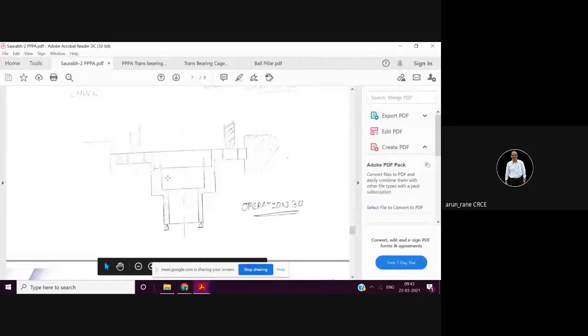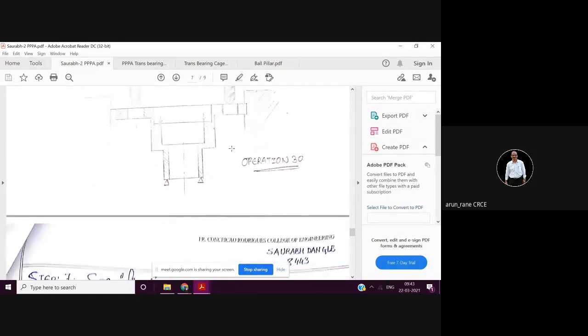Locator will be a mandrel kind of thing, and this topmost portion will be threaded. So after loading the component, you are going to keep a washer and then tighten with the nut. Now this is the drill which is going to be used for drilling.